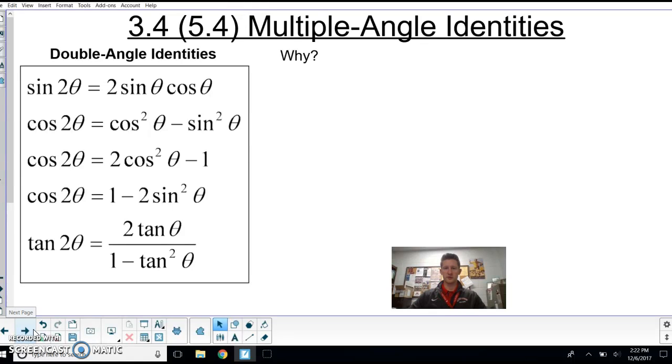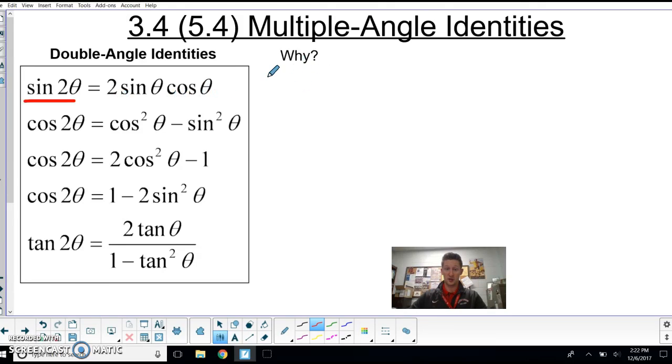All right, pre-calc students, I promised videos explaining why the double angle identities work and half angle identities and other ones as well. So I'm going to go through that. Bear with me as writing this out with the mouse is not the easiest thing in the world, but we'll do what we can. So first off, the sine of 2 theta is equal to 2 times the sine of